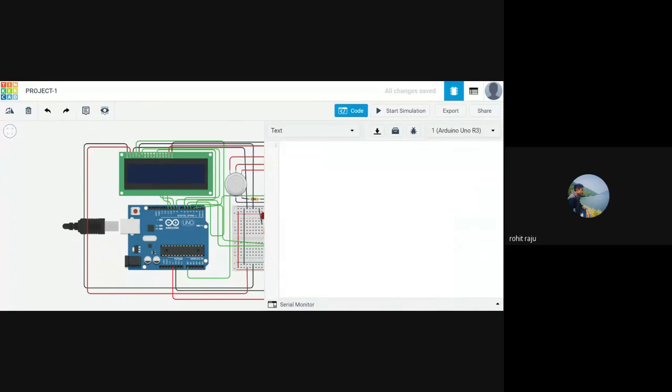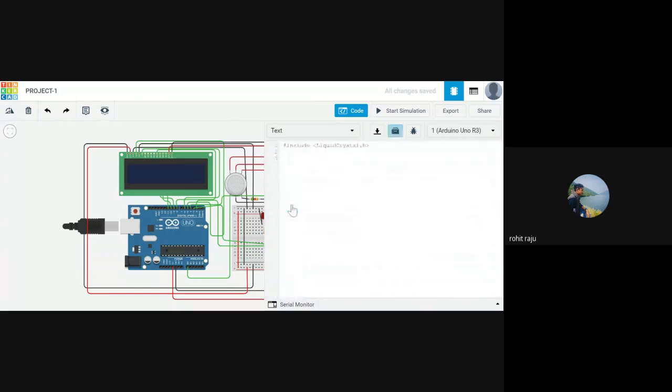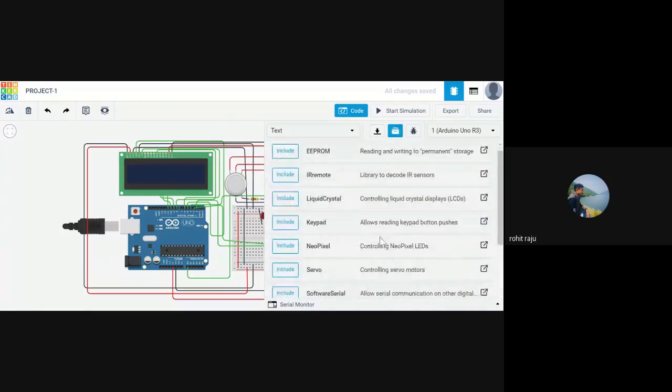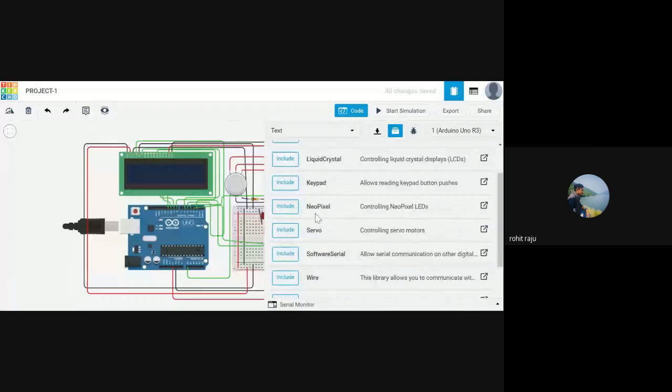As I said, we need to make use of the LCD right here. So let's include the LCD part. We have libraries here. See, you can click include right here, or you can write this by hand. You can type it, but there are also some tools, keypad, and a lot of other projects.